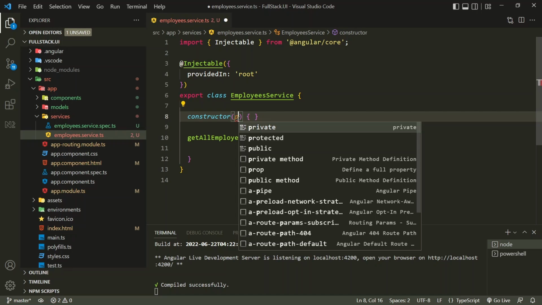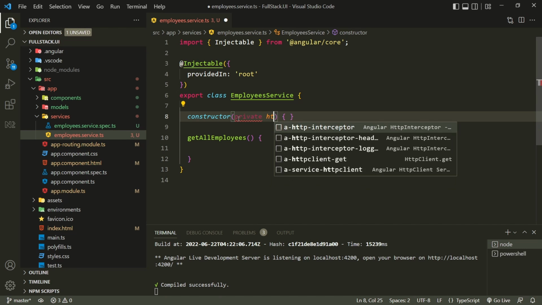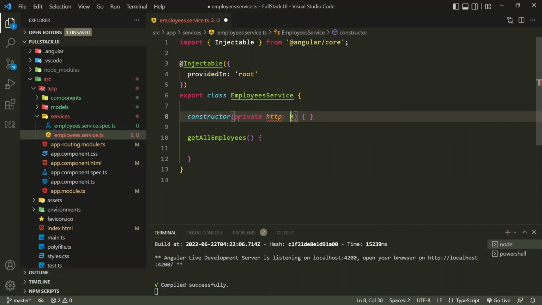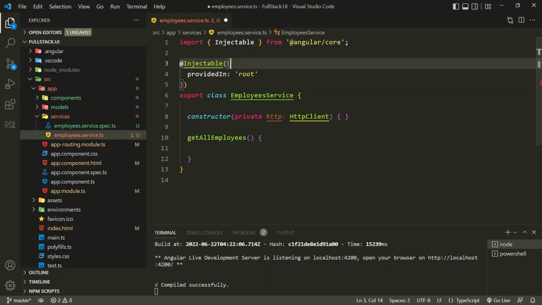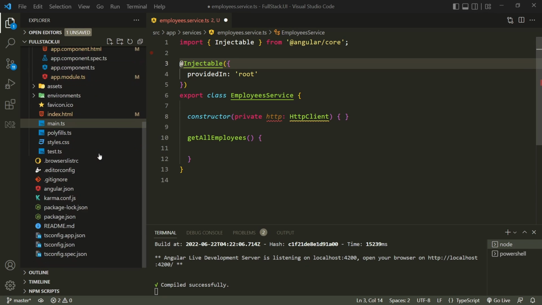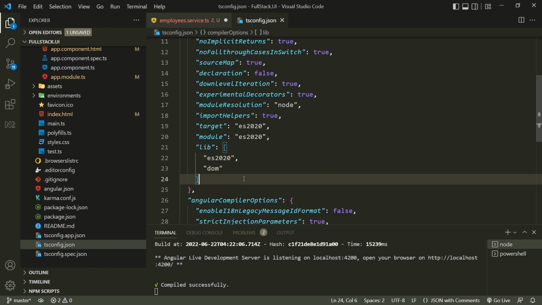So I will say private http, and that's of type HttpClient. Now for some reason Visual Studio Code is not able to tell me where the library is. So either I have to import it manually, or I found this other technique online where you go to tsconfig, and over here at the end